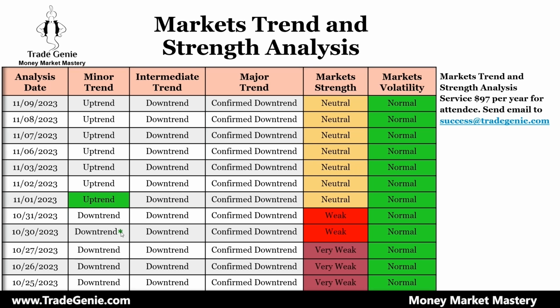So once I get the green signal, the warning sign, and then on 1st of November in the minor trend, the minor trend is still not a sustained trend. The bigger the cycle, the more it biases you. If the bigger trend is still on the other side, you are being cautious. The bigger intermediate trend and the major trend were still in downtrend, but the minor trend turned uptrend. So now I'm on high alert, and I'm opening a long position on a selected stock because I see that uptrend, and I'm looking for the strength to turn from neutral to the green side.